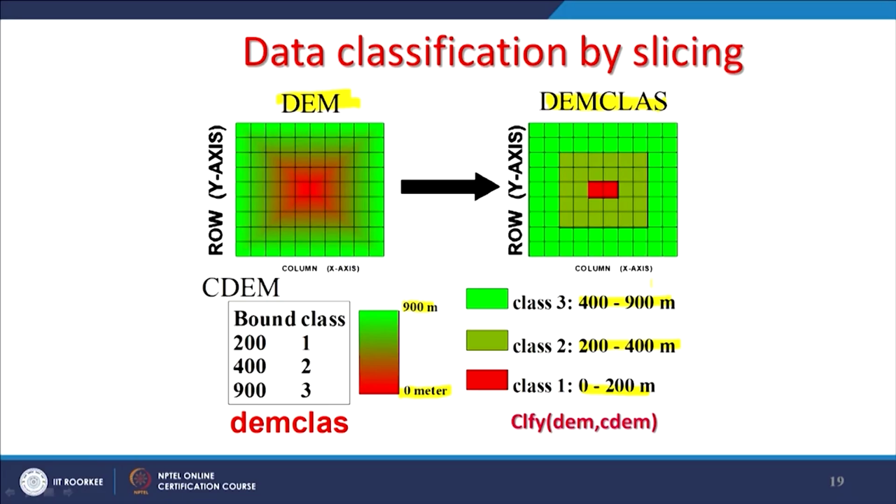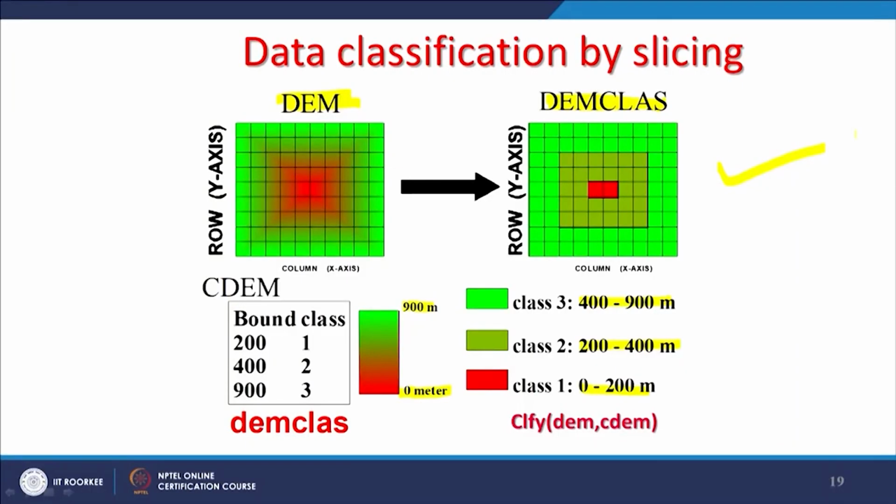So, instead of a continuous digital elevation model, now I have just 3 classes, and I can name them very high elevated areas, middle elevated areas and low elevated areas. Likewise, the utilization of such reclassified maps can be very useful.